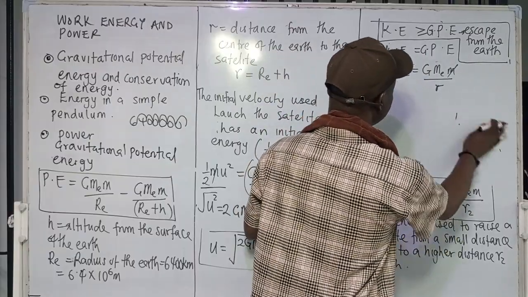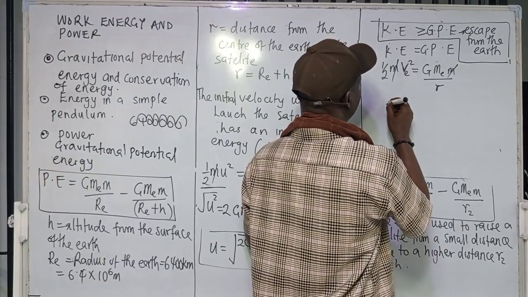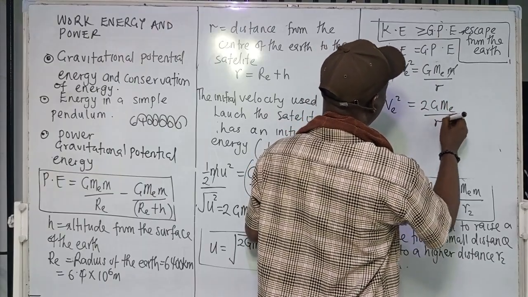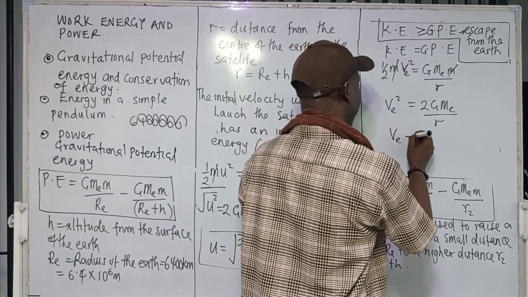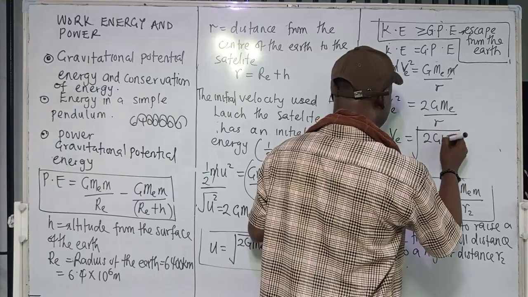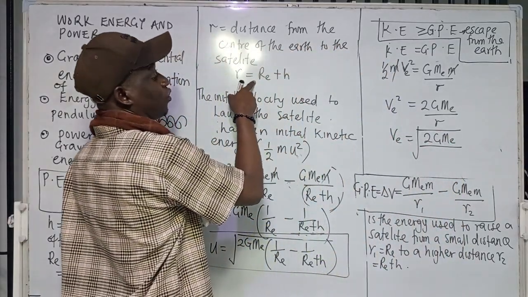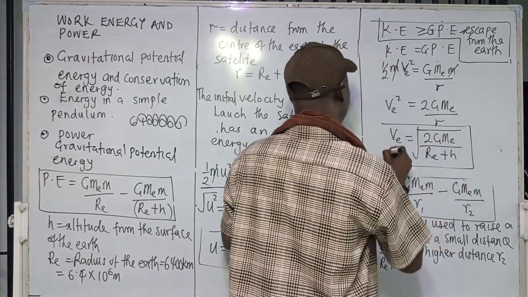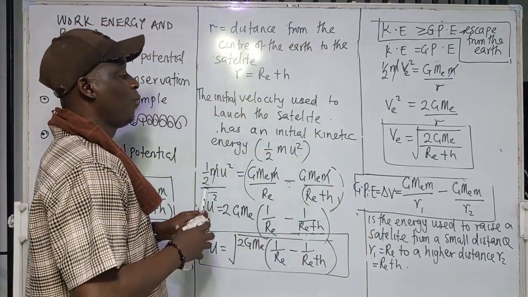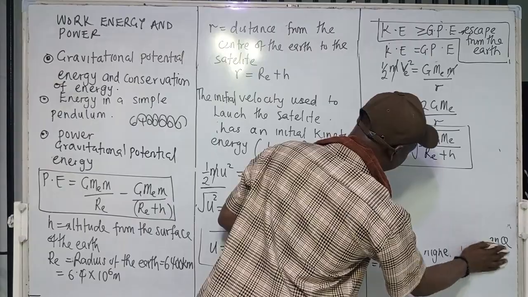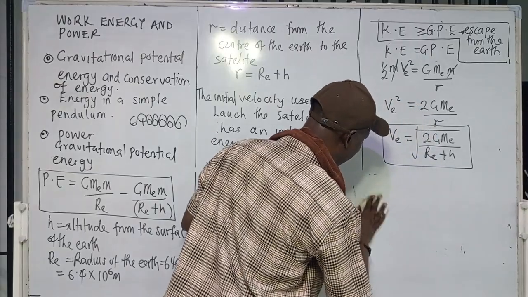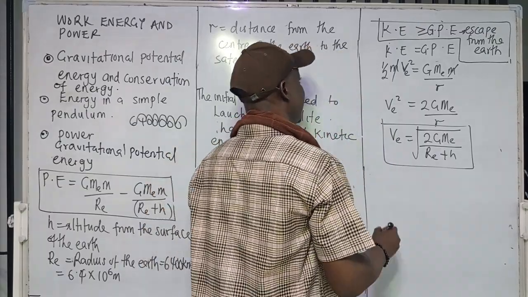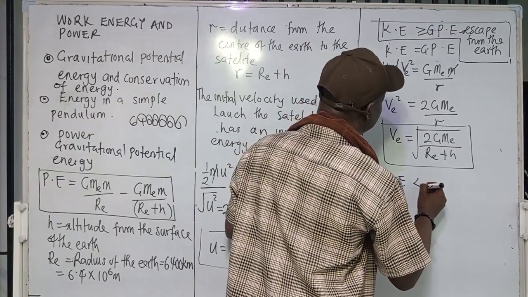What do we have next? Now we have v escape squared equal to 2GME over R. So what is the escape velocity now? The square root of 2GME over R. Don't forget our R is equal to RE plus H. So this is what we would have as escape velocity to escape. But what about if it does not escape? If the satellite or the object has to return back to the earth, it means that the kinetic energy must be less than